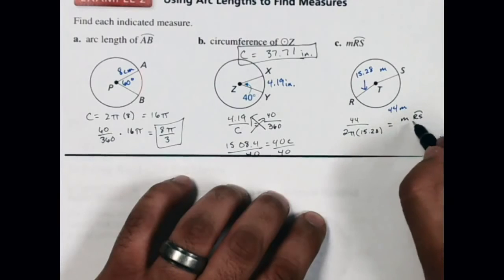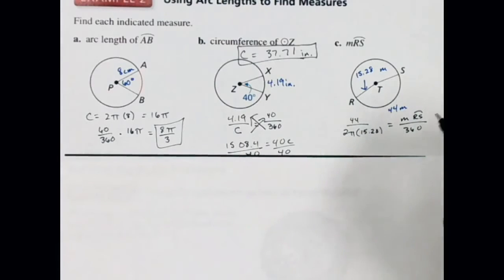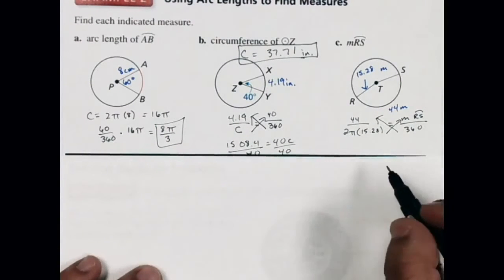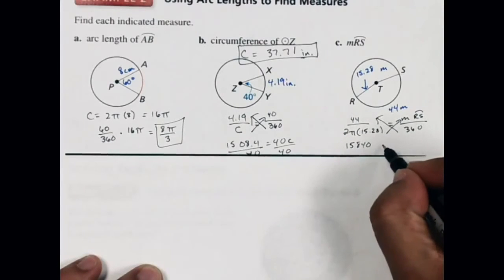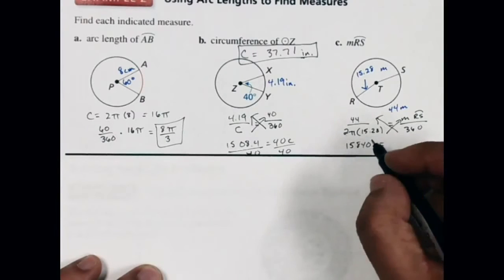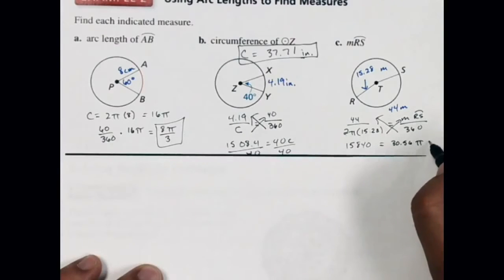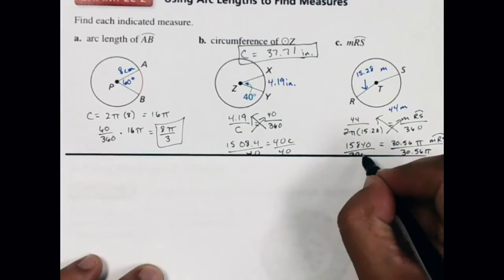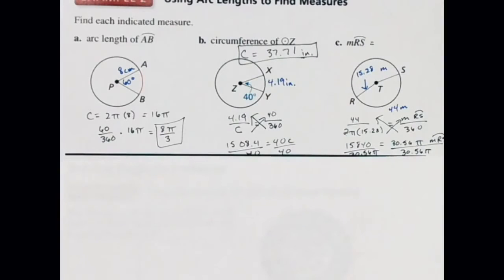So in this case, I'm looking at the angle of RS over 360 degrees. Okay, so if I cross multiply and simplify this out, 44 times 360 is going to give me 15,840. And if I multiply here, the 2 times the 15.28, I get 30.56 pi times the measure of the arc RS. And if I divide by the 30.56 pi on both sides, I get that this arc is going to be about